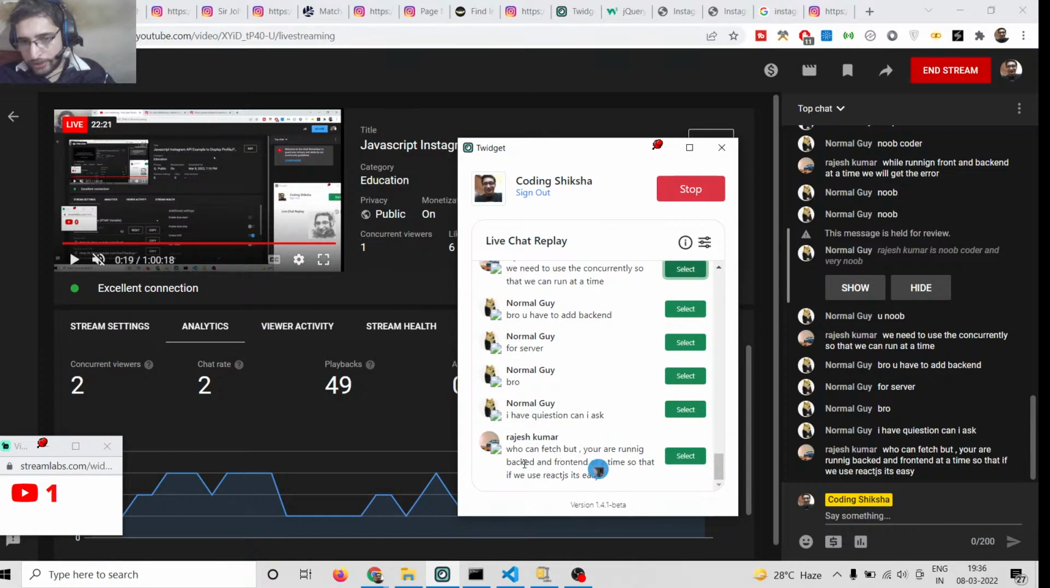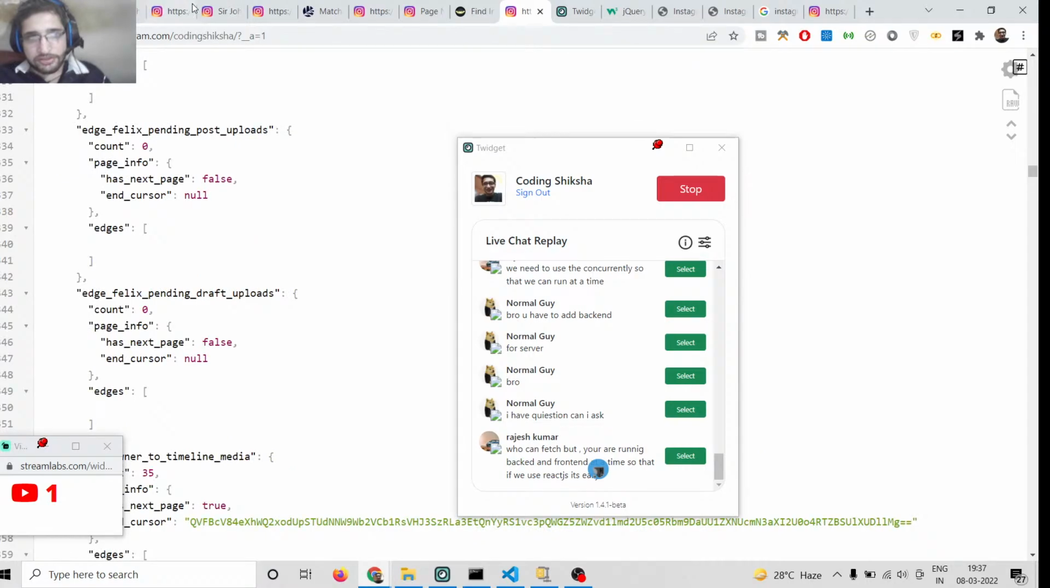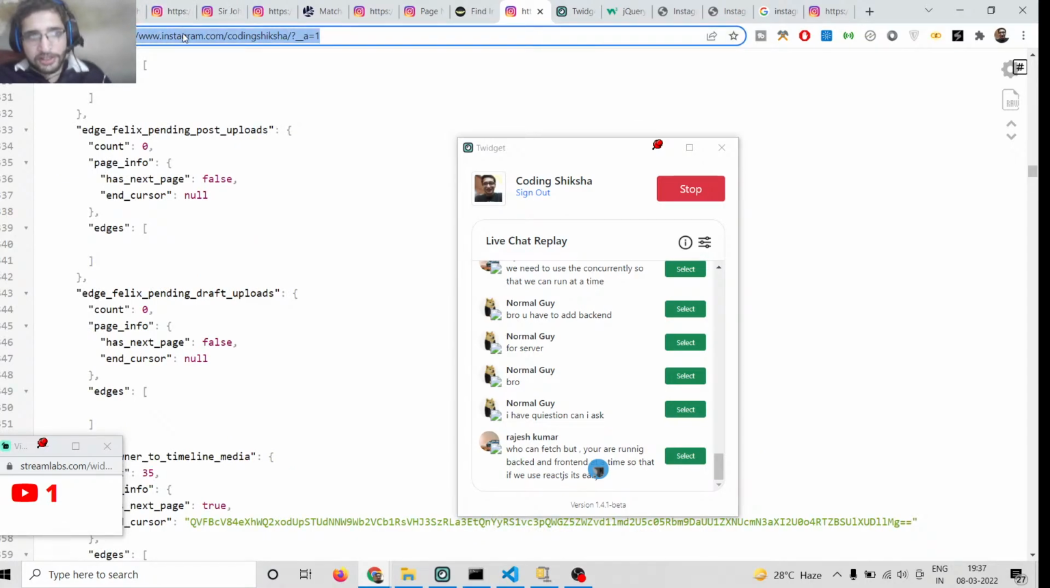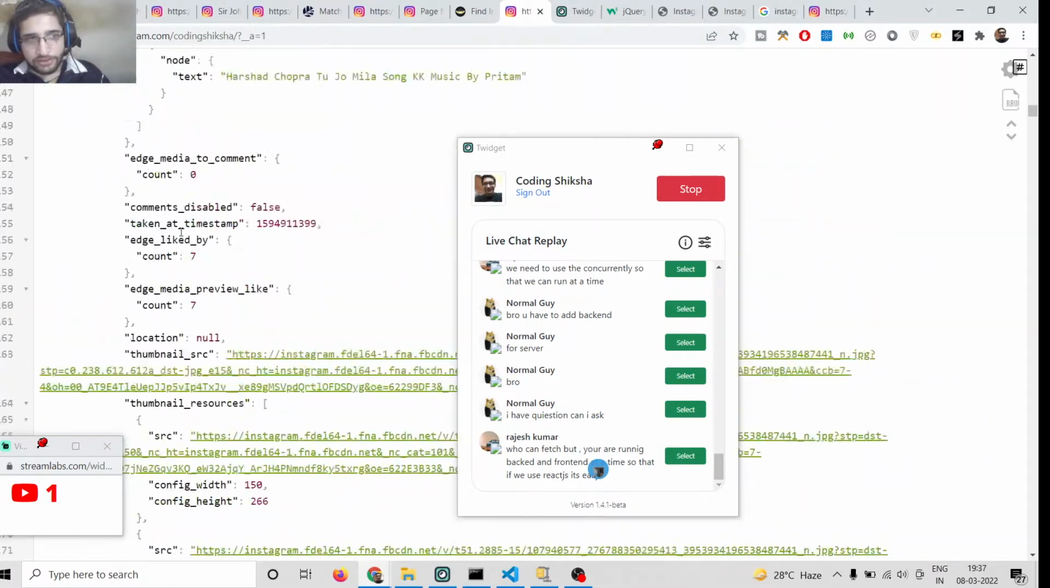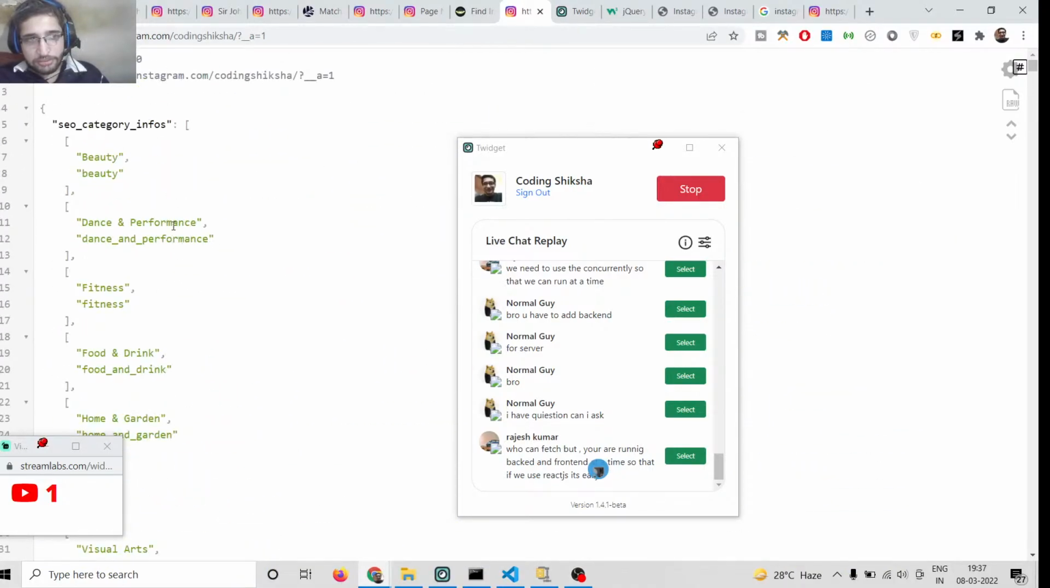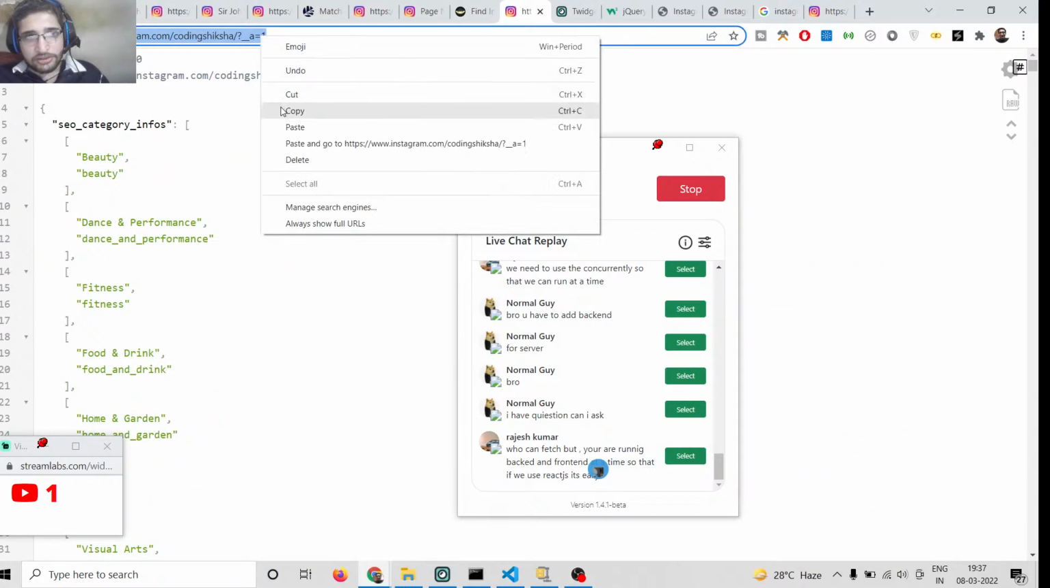Who can fetch? But you are running backend and frontend at a time so that if we use React.js, it's easy. No, no, React.js is not a problem with the framework that you are using. The permission is not granted by Instagram. You can just open it inside the browser, but you cannot call it programmatically using any sort of language. I think that's the problem. You can open it inside the browser, which is perfectly fine. You can view this information right here. But how to call this